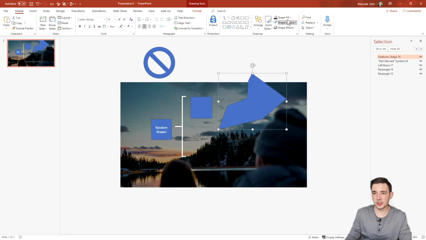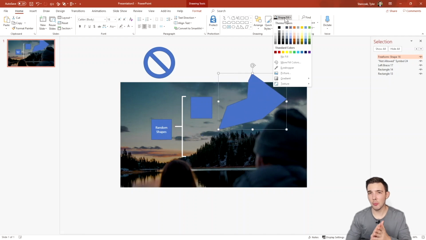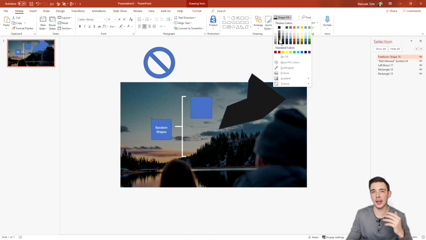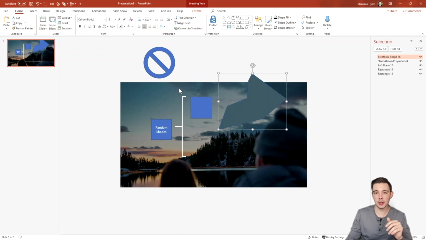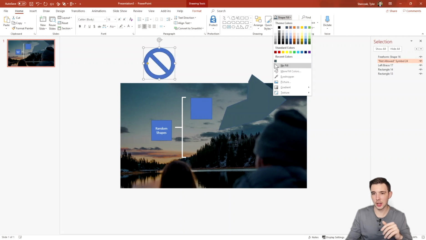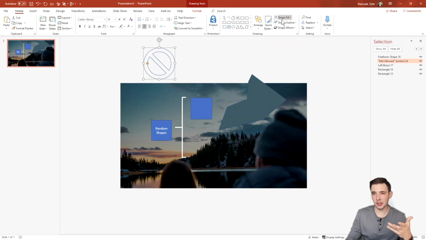Another thing to know is shape fill right here. Again, I'm probably not always clicking on the shape fill option right here because I'm going to show you a little later what I mean by a different way of doing this, but the shape fill is right here for you. And if you hover over these different colors, you can see what that object's going to look like before actually selecting the color. And then you also have standard colors here. And then let's say you're using the eyedropper and then you want that same color again for maybe this object. You can go back to shape fill and it's going to show up in recent colors, which is a really nice feature. You also can do no fill if you don't want any color to fill in.